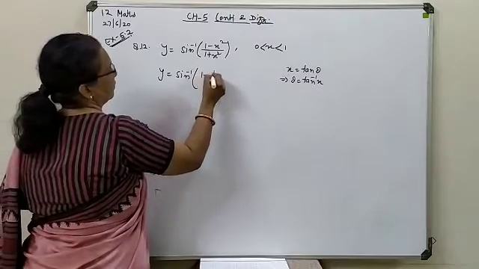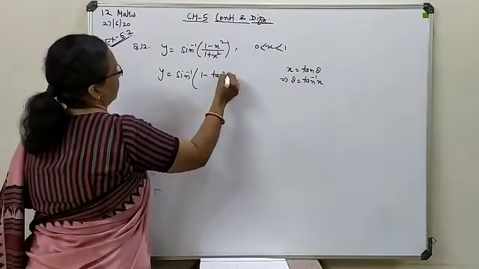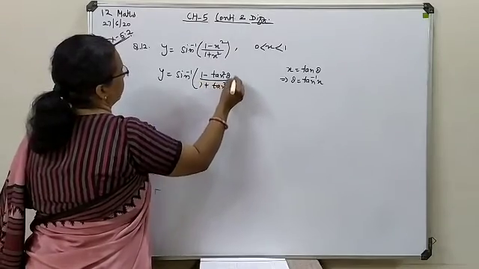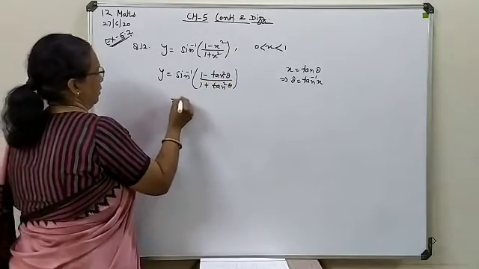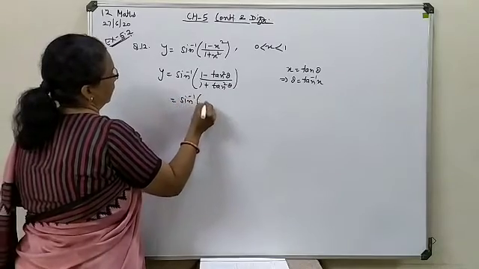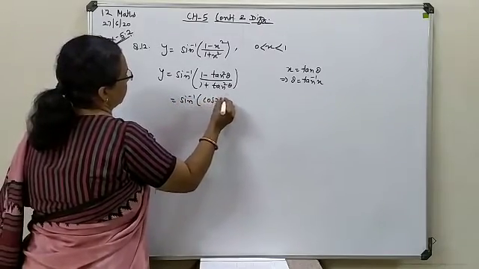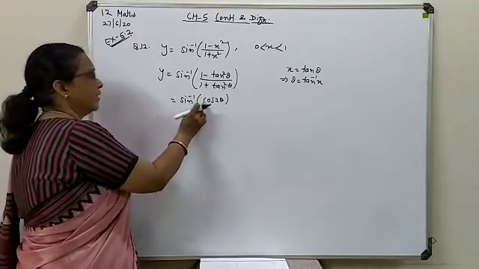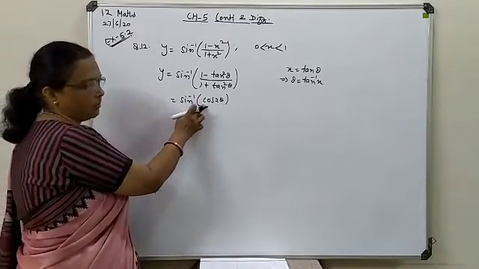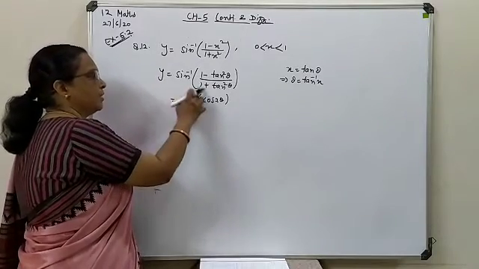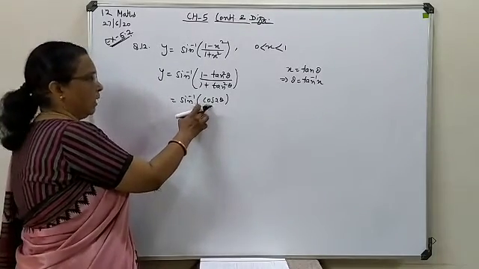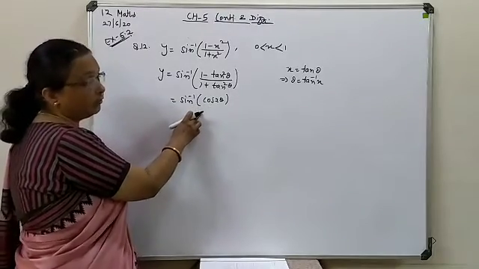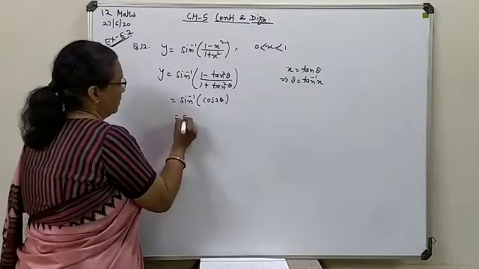1 minus tan square theta over 1 plus tan square theta. This is the formula of cos 2 theta in terms of tangent. We know very well that the inside and outside trigonometrical terms should be the same to apply the inverse to the inside bracketed term. So this cos we have to write in terms of sine by taking the difference of pi by 2. So this is sine inverse,